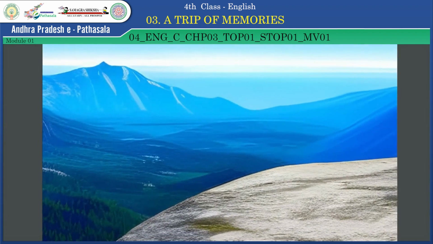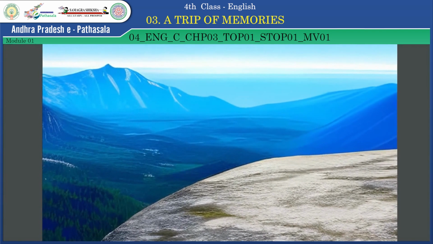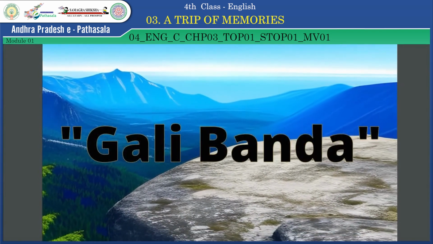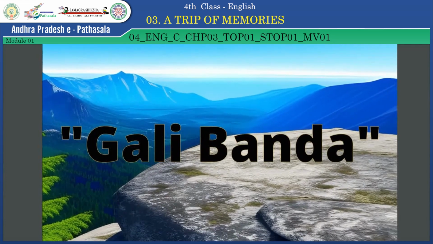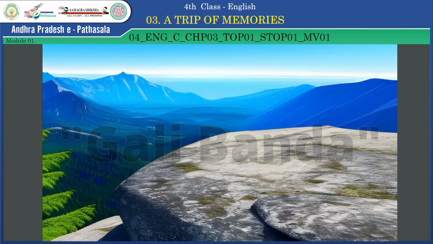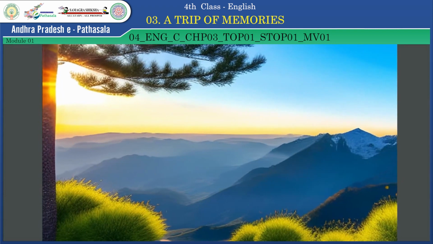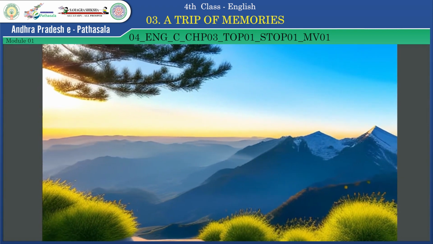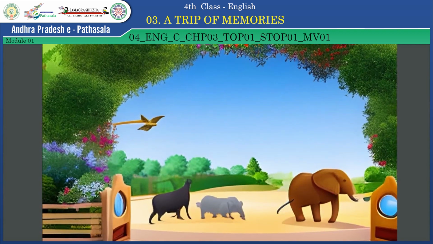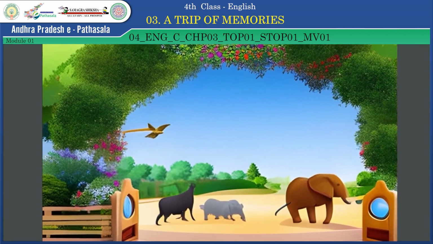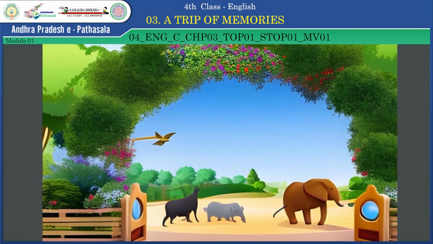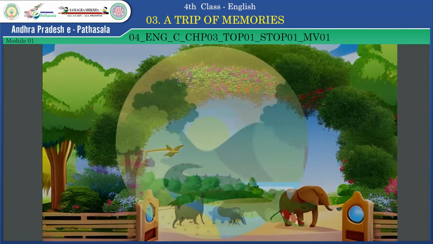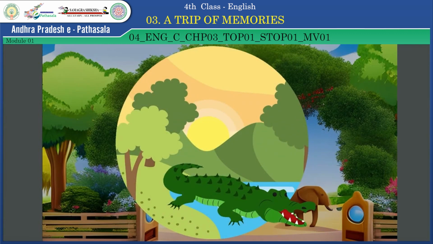Soon after the completion of our lunch, we visited a big rocky slope called Galibanda. There were strong winds all day. From there, we moved to the eastern and the western viewpoints, which were famous for glorious sunrises and sunsets. We watched a variety of birds and animals in the mini zoo, where we had a lot of fun. The crocodiles in the zoo were a special attraction.